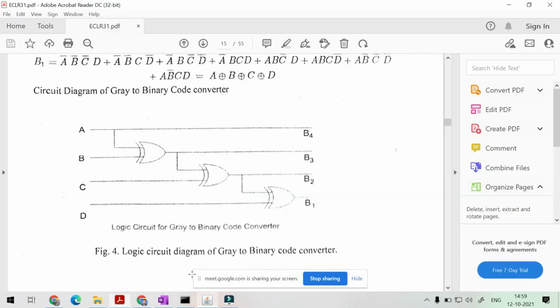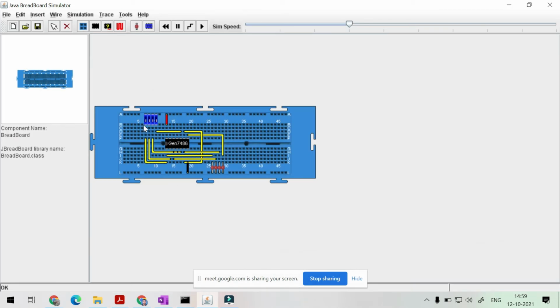We have to provide this as an input to this XOR also, so we can take it directly from this point. So here also I have done this: from A we have inserted at this pin, and from this I have taken B4.